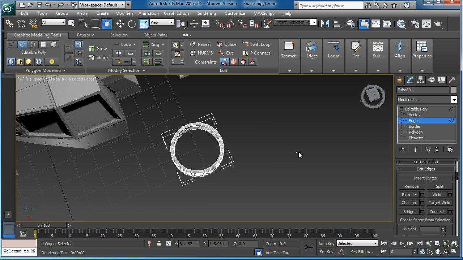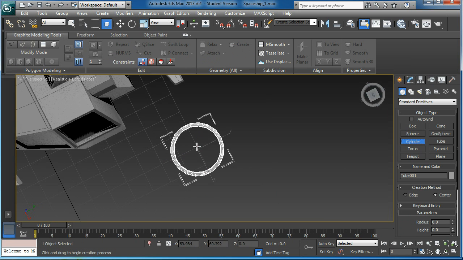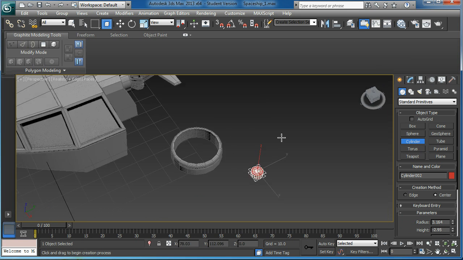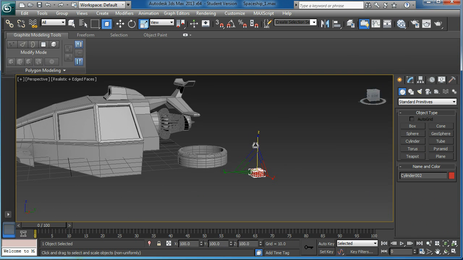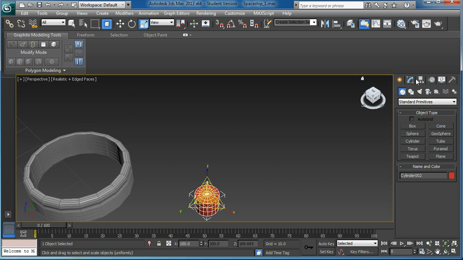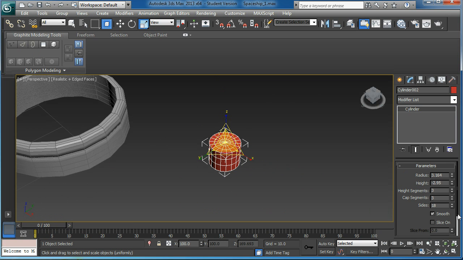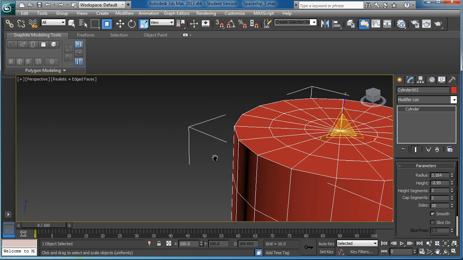Here we go. I'm going to get the cylinder to create the middle pivot. It's something similar to this. Here we go. Create the cylinder with the 18 side polygon. I got the 3 cap segment and the height segment would be 3. Then what I'll do,